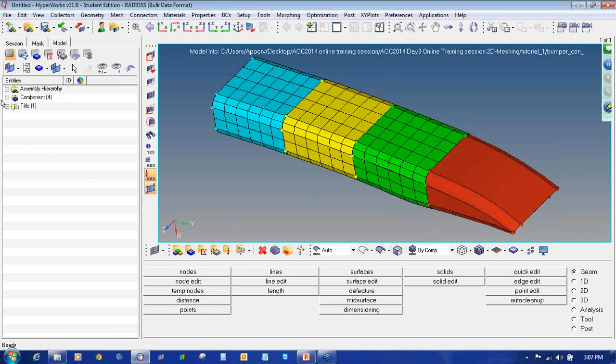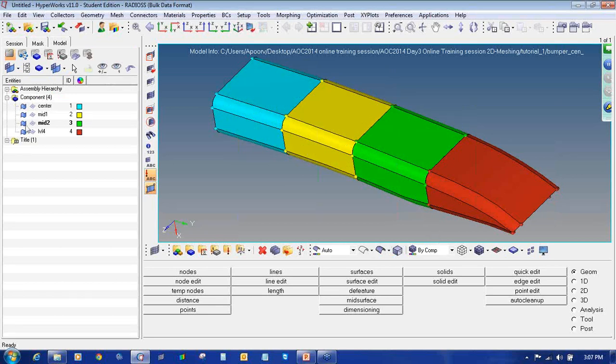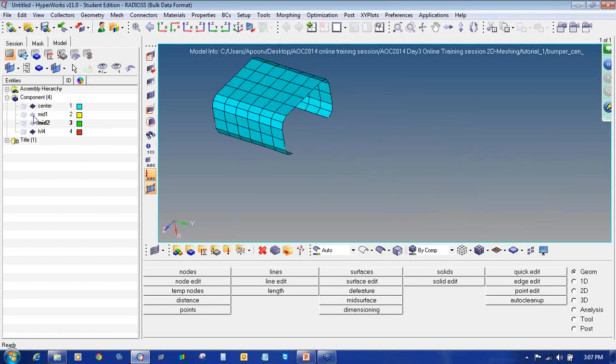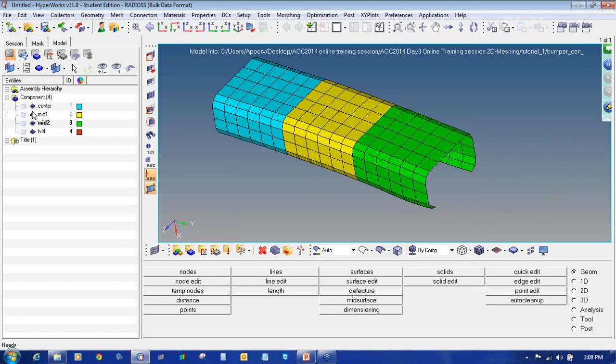If I click close on the component browser, you can see if I turn off the meshing, this file contains only geometry, no meshing. But all these components contain elements also, that is meshing also. But the last one contains only the geometry.